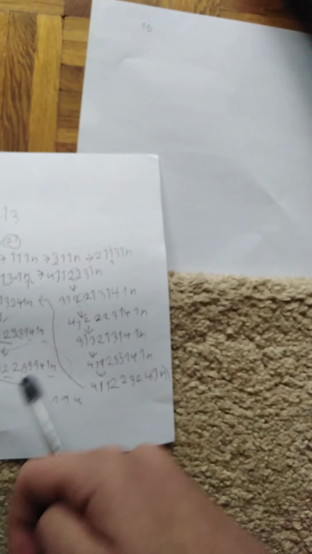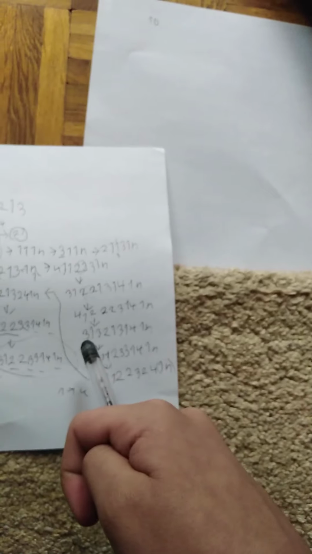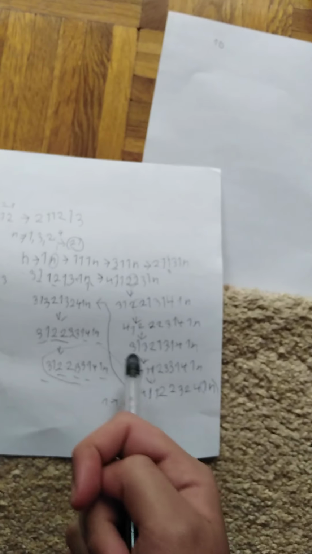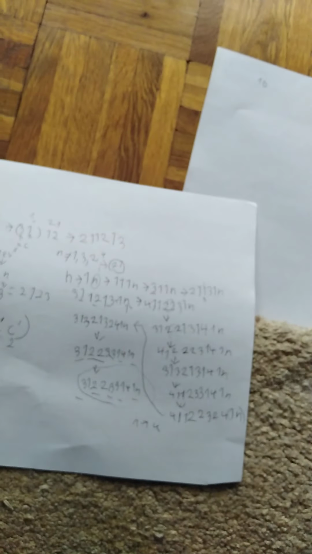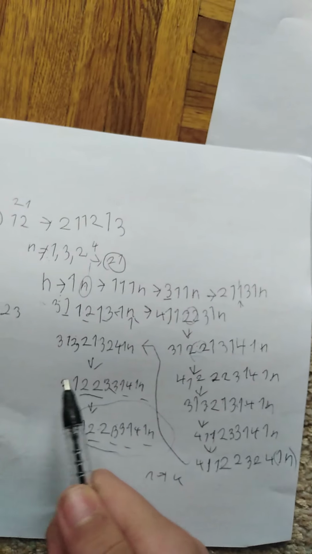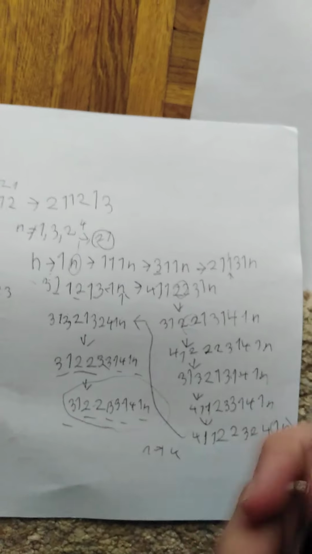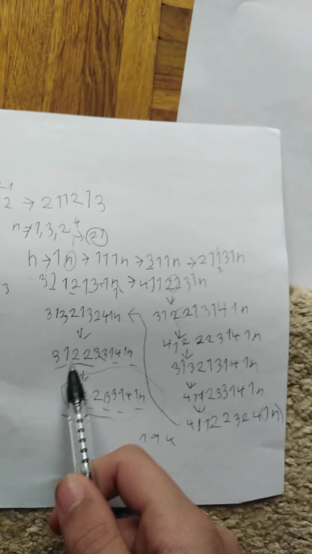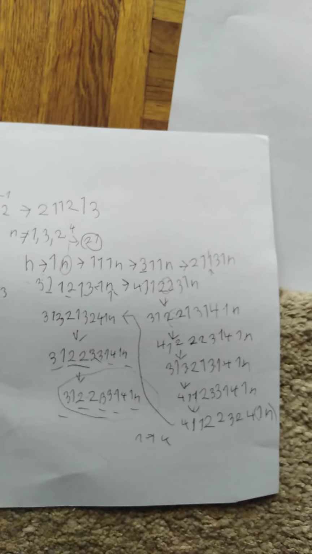Now. Here we have 4 1s, 2 2s, 2 3s, 1 4 1, that's pretty obvious. 3 1s, here 3 2s, 1 3, 1 4 1. 4 1s, and here we get to 3 1s. If you want, you can pause the video. I won't bother explaining this yet again. 2 1s, 2 2s, 3 3s, 1 4s, 1 9.